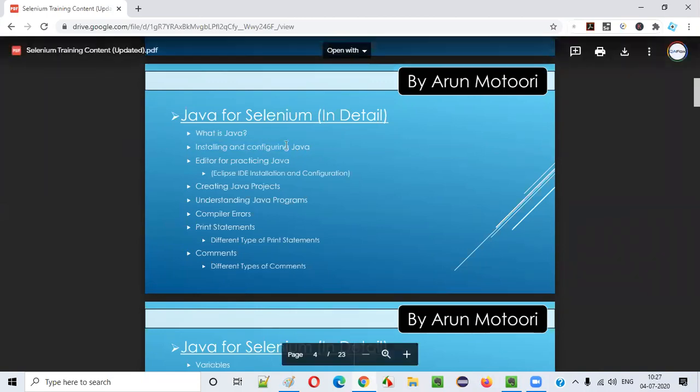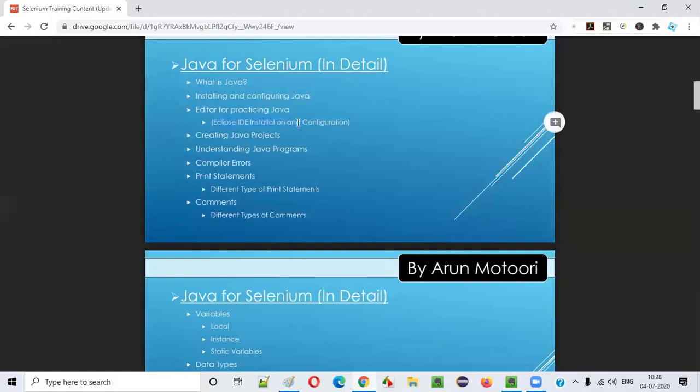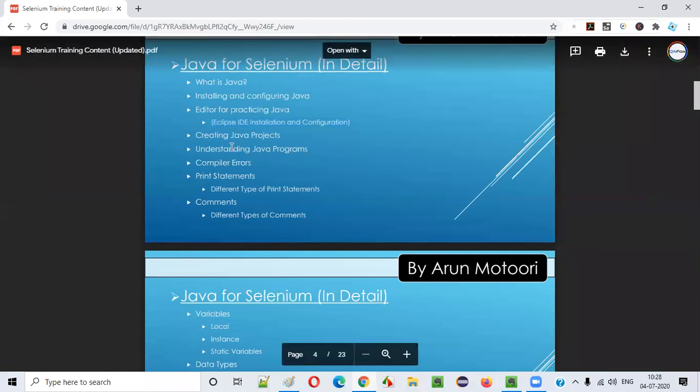Complete installation and configuration of Java will be explained: how to download Java, how to install it, how to select the installation wizard steps, and how to click on finish to complete the installation. Then after installation, how to configure it and how to check whether Java is really configured in your machine. Everything will be covered. Then I'll go for the editor, the Eclipse IDE, because a lot of people generally use it and I am comfortable with it. I'll show you how to download, install, and use Eclipse IDE at the same time. Great. Then everything will start with the ABCDs, guys.